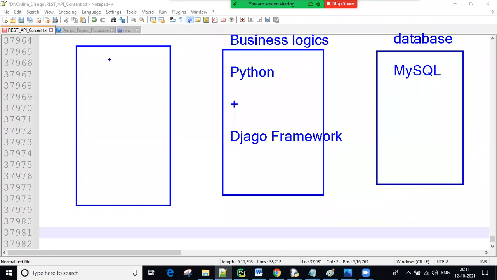Next, from the user we want to take data and send it to the business logic, which means we require UI technologies.